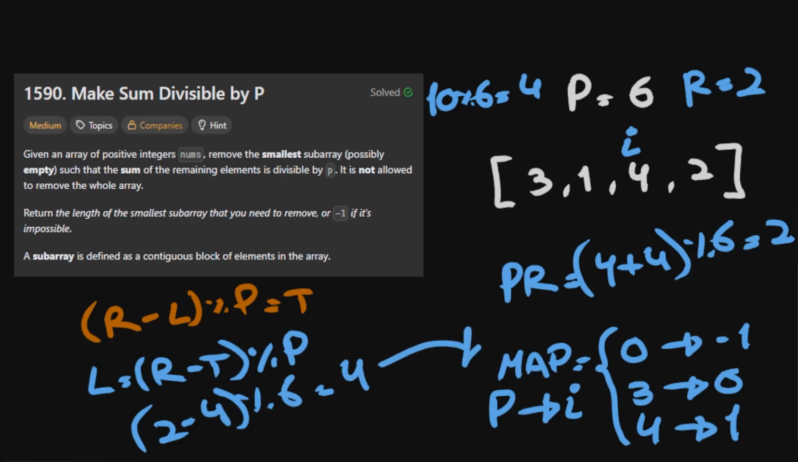So now we go to our map and we check if we have already seen this prefix sum modulo p. And we have it right here at index 1. So now we can take the current index 2 minus this index 1, and this is 1. This means that this is a valid subarray. And given that this is smaller than the current result and we are trying to get the smallest subarray, we